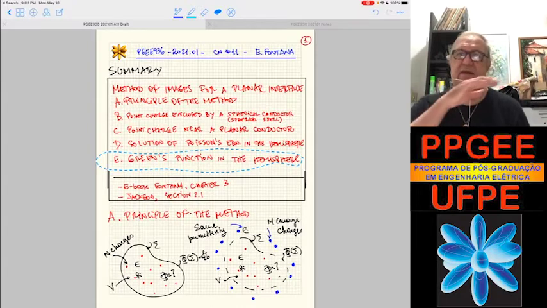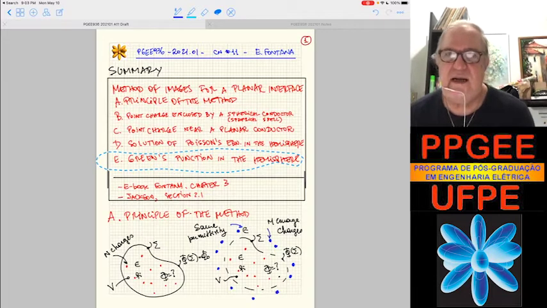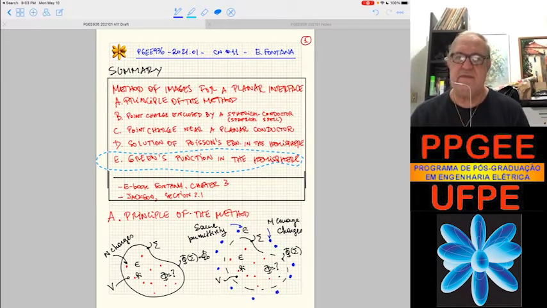In other words, given an arbitrary potential on the plane z equals 0, and let's say that the potential vanishes far away from the plane,